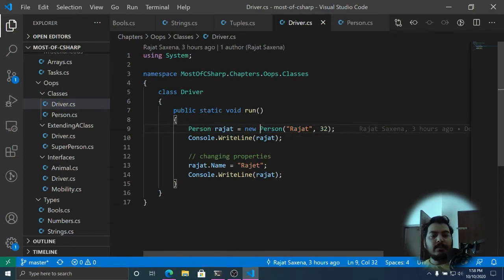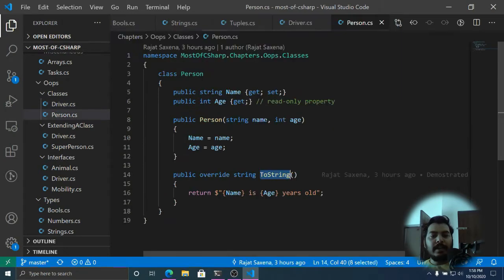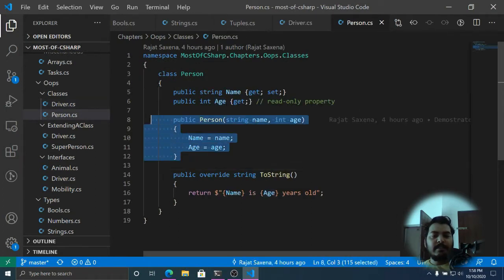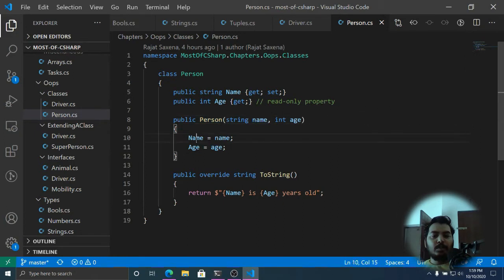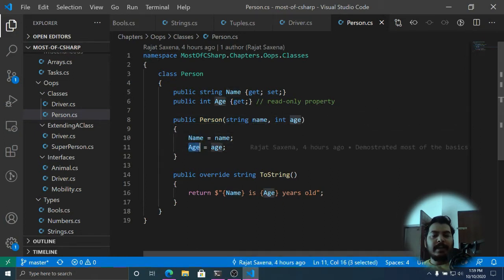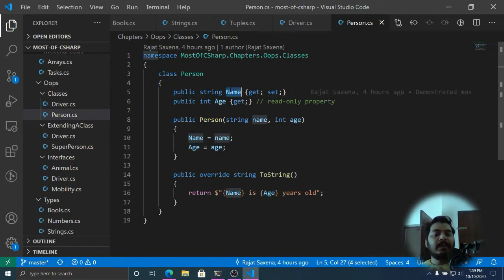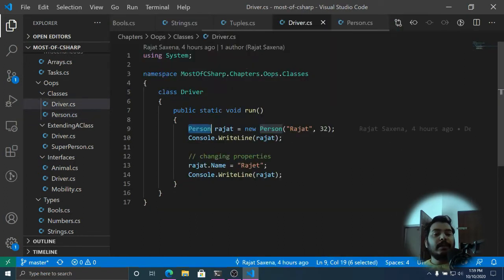Rajat will be plugged in here and age 32 will be plugged in here. This constructor will assign the name to this variable and the age to this variable. Then I will get an object of type Person, and that object will have two properties, .name and .age, which I can access.